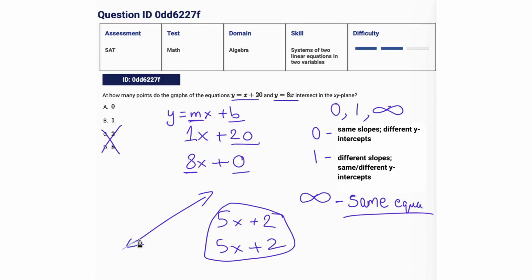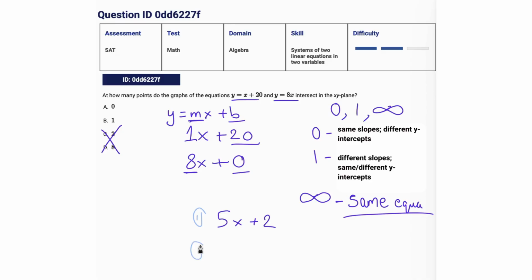Let's imagine the other line is exactly on top of it. Then these two equations are the same, so they have infinite intersections because they're literally intersecting at every point here, correct? Okay. You're not usually given two equations that are obviously the same, and asked to find the intersection. No, it's a little bit trickier. You could get it as, okay, the first equation might be y equals 5x plus 2, and the second equation might be,